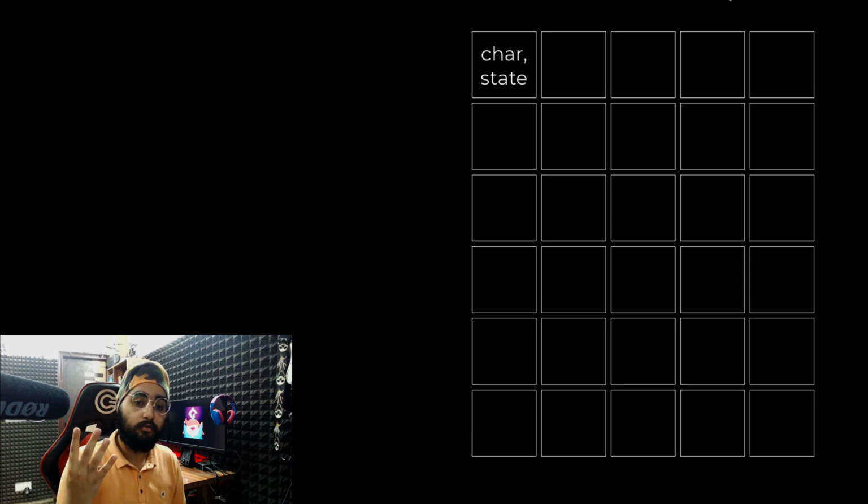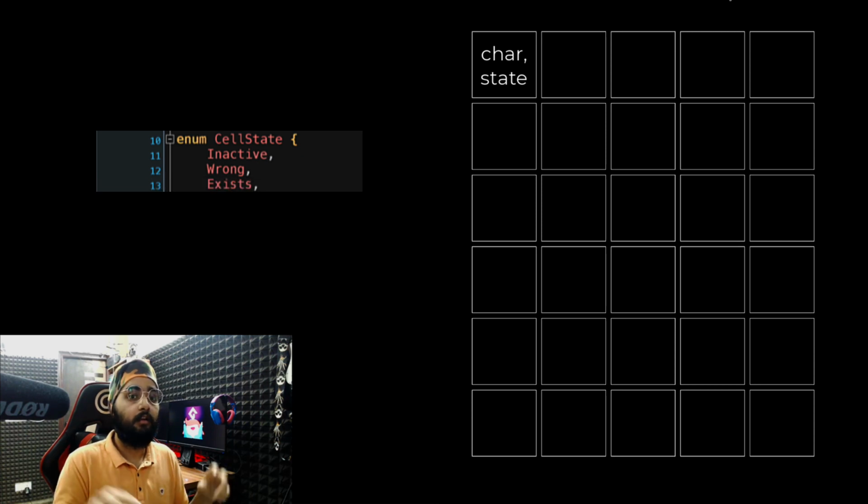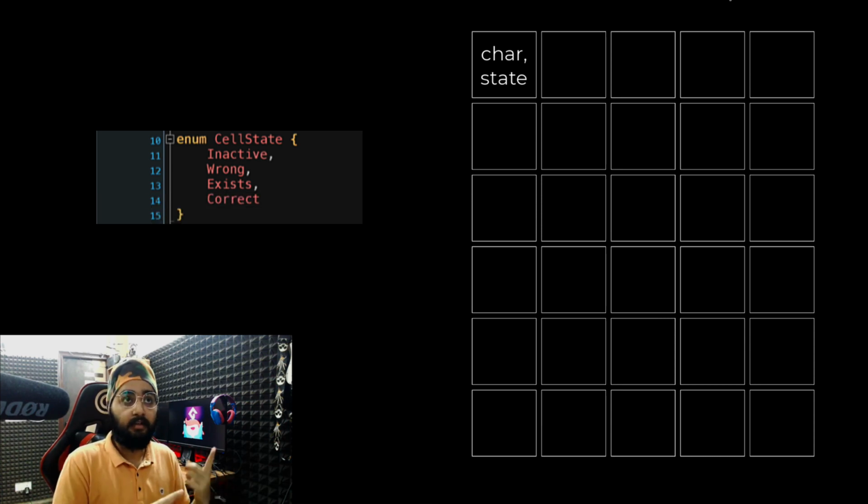Now there can be 4 states. It's either inactive, meaning that cell hasn't been checked yet. It can be wrong, meaning that that letter doesn't exist in the word. It can have an exist state, meaning that that letter exists in the word, not at that place but at some other place. Or it can be correct, meaning that the letter in that cell is at that exact spot